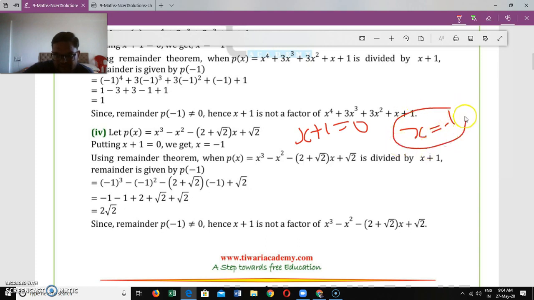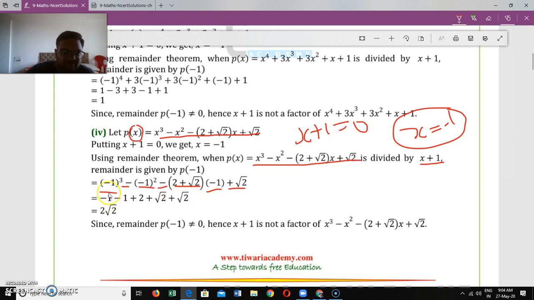We have to keep this minus 1 in the place of x in the given question. This is the given question, p of x. This is the given polynomial. Wherever the x is there, you have to keep it minus 1. So here is the question, as I said, divided by x plus 1. So we have to keep x equals to minus 1 in the place of x. So p of minus 1: minus 1 cube minus 1 square minus 2 plus root 2 into minus 1 plus root 2. Simply what I have done, I keep the value of x equals to minus 1